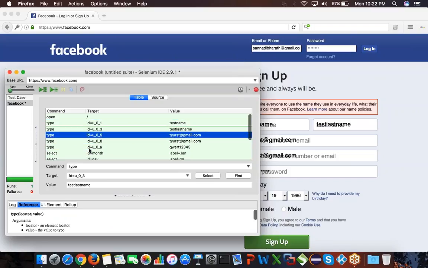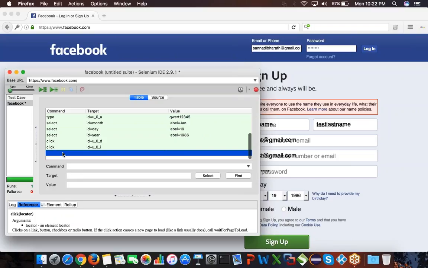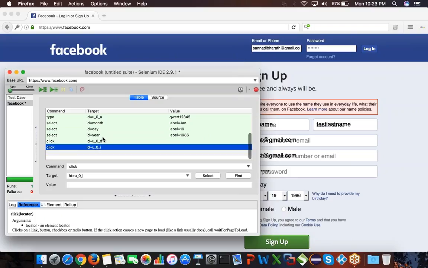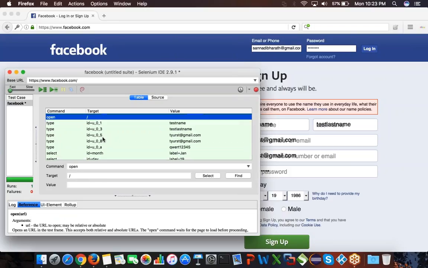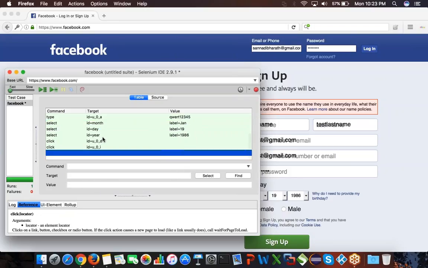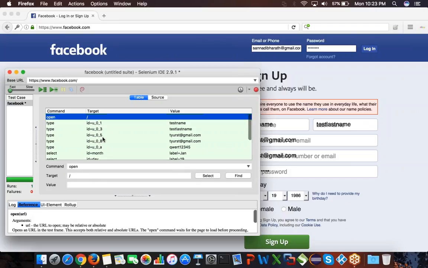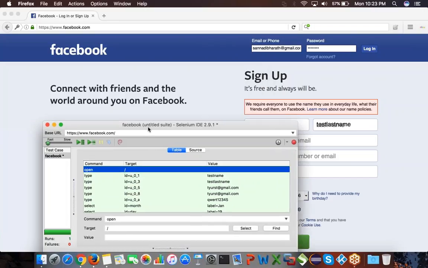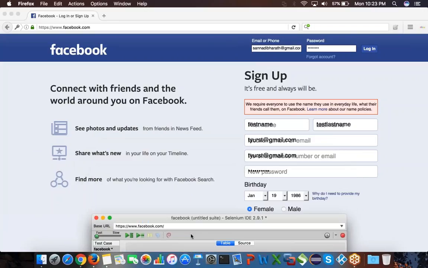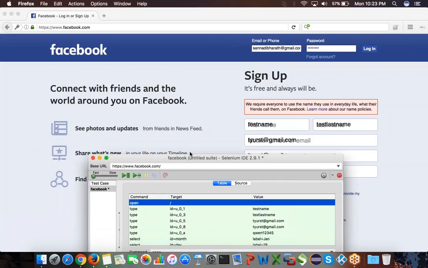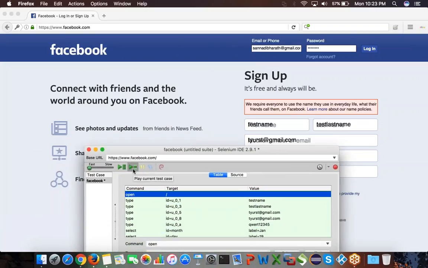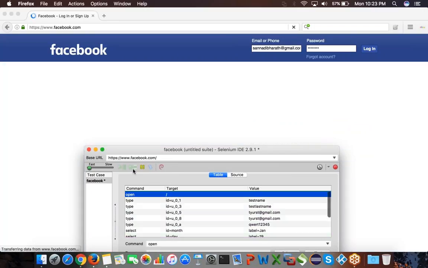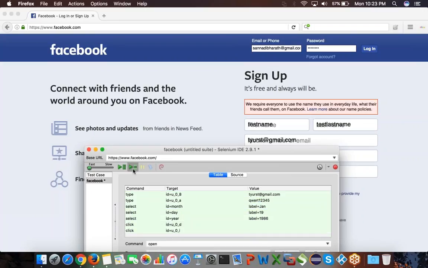So if you see here, you can record from anywhere. So you can just select here and start recording also. So you can do recording from between, or you can start the recording from the start, or you can delete some steps, add some steps, and everything you can do. And once you have done everything, so you can also play the recording. So if you just want to play the recording, so just go and play the recording like this. So if you want to click on this one, so just click on this. So it just did it.